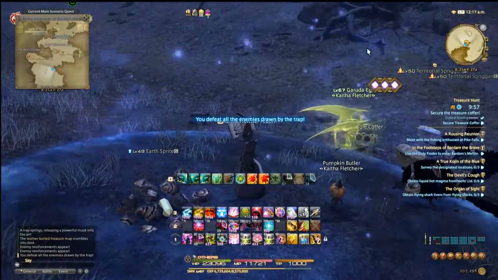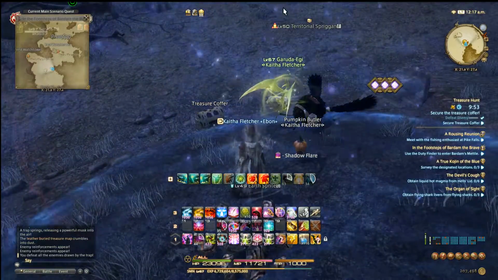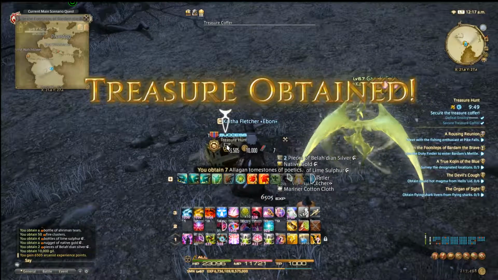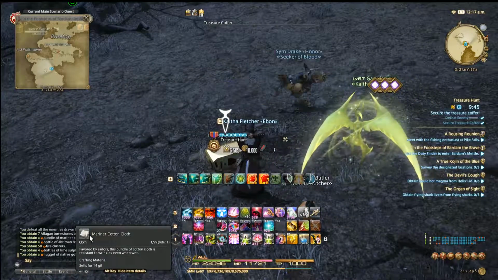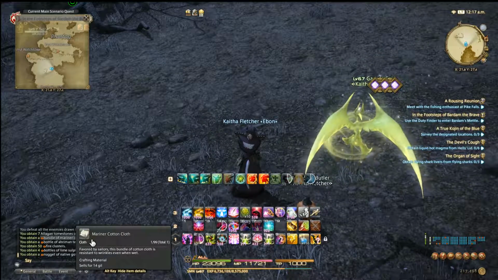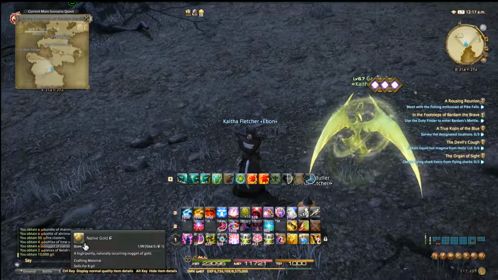Alright, so we killed them all. And like I said, that wasn't too terribly hard. We didn't really lose any health or anything. But we're doing easy maps just to knock it out. So since this is basically a higher level map, we got 7 tombstones of poetics, bundle of mariner's cloth to craft with, bottle of armamenteers, 50 fire clusters,